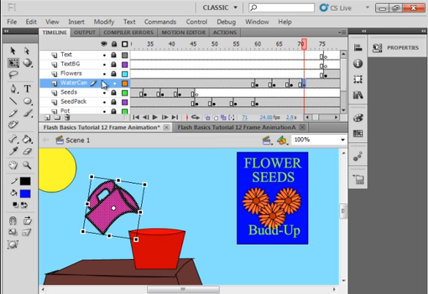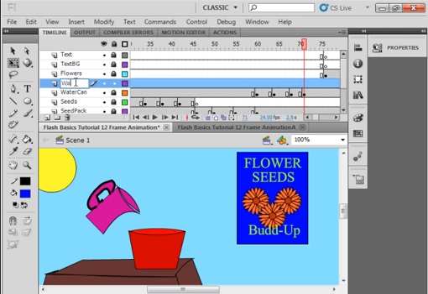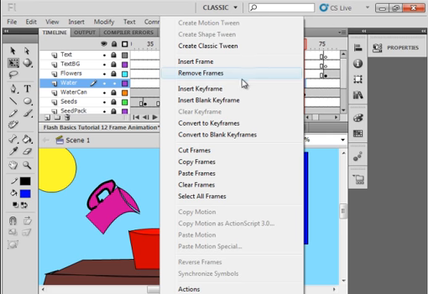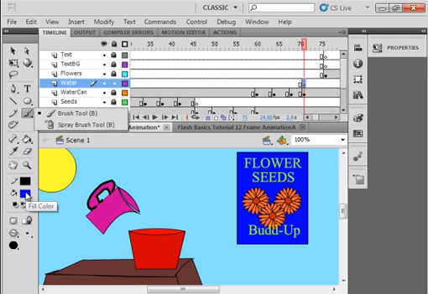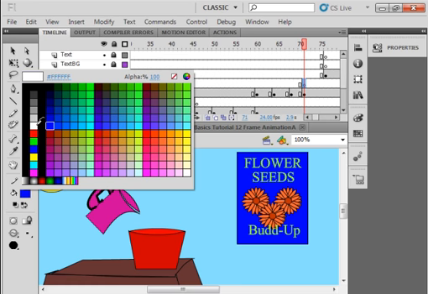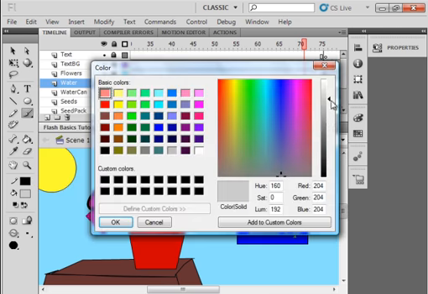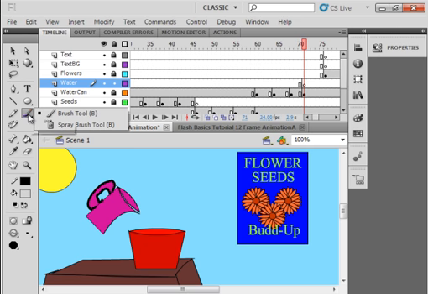And now we're going to lock that layer, insert a layer, and call it water. At that same time frame of the water layer, insert a blank keyframe. Pick up your brush tool, and I think the fill is for the brush tool. Pick up a whitish color. Actually, a gray is good. See that gray right there? So I'm going to pick it up, but I'm going to click on it again, go to the pinwheel, and I want it to be a lesser gray. There, okay. And just quickly brush some